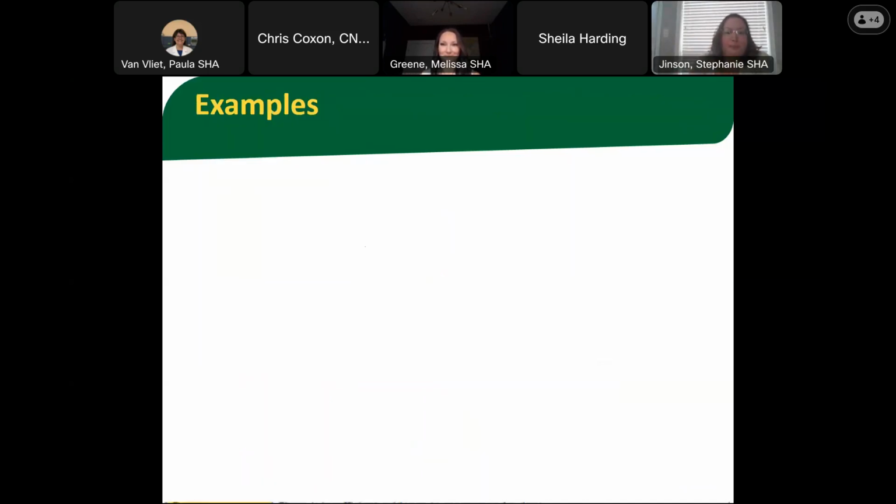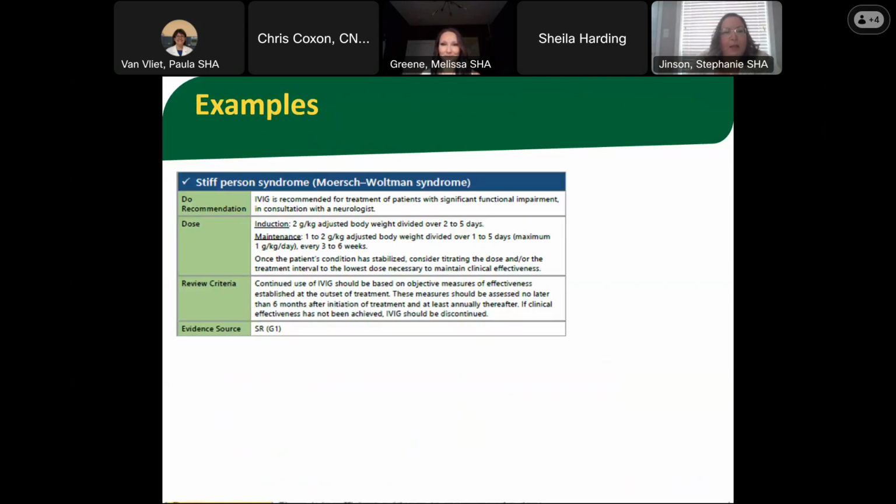Sorry. So just some quick examples of that. A green indication, stiff person syndrome. So it says simply that we do recommend it. It's recommended for patients with significant functional impairment. The dose you can see there, induction as a one-time dose and/or maintenance dosing. So that's those doses that go forward on a schedule. And then some review criteria as to what we're looking for to see if the IVIG is actually effective in